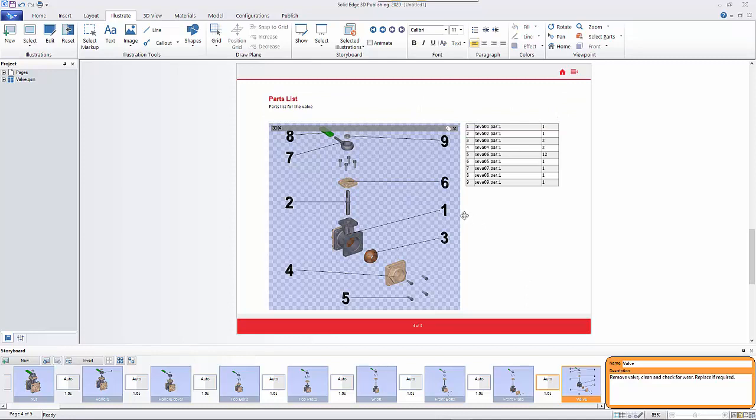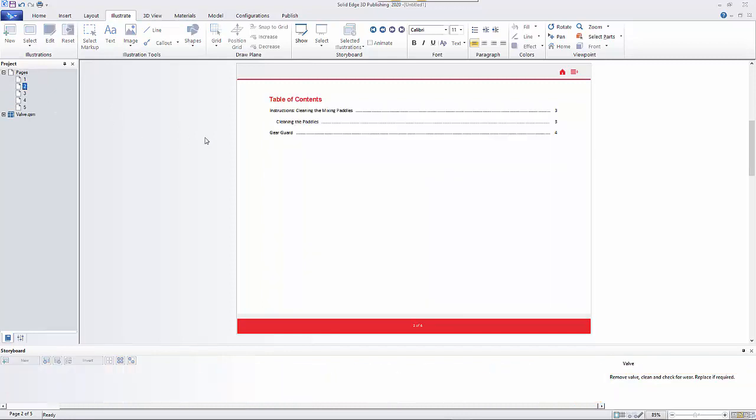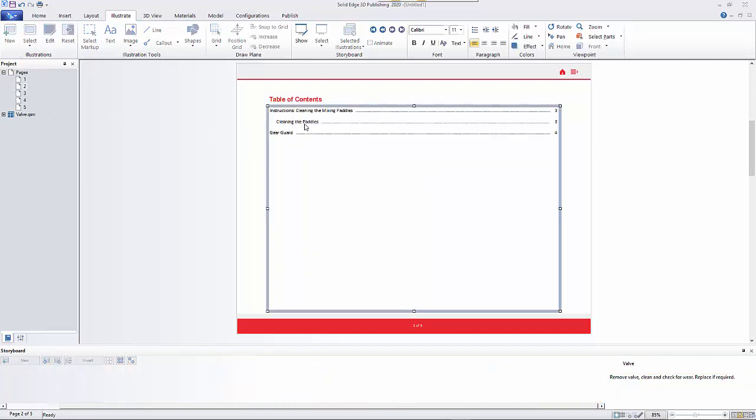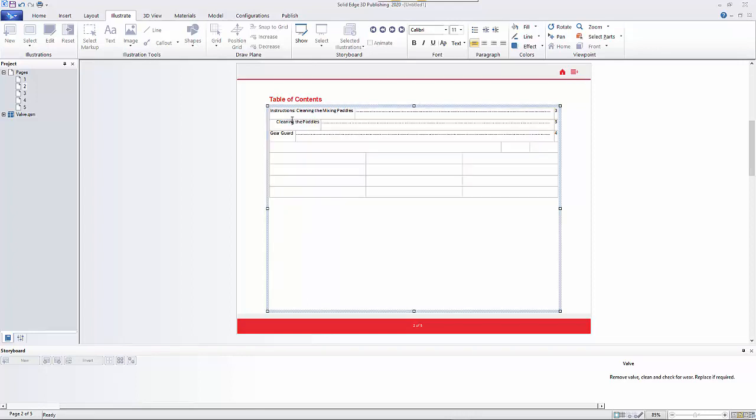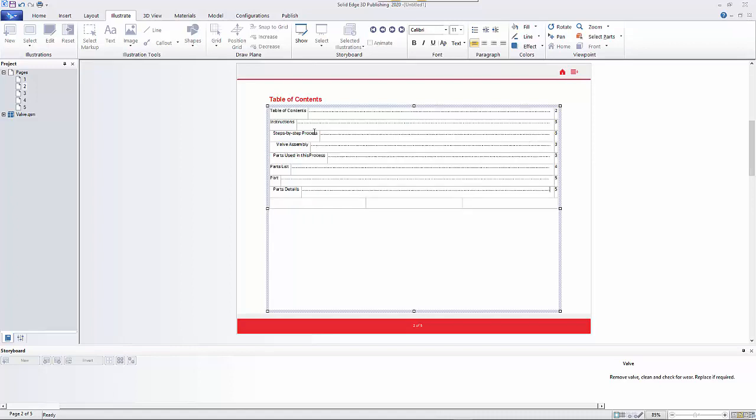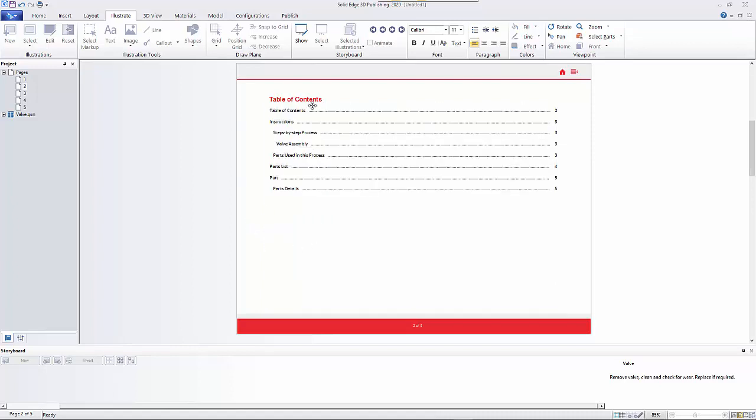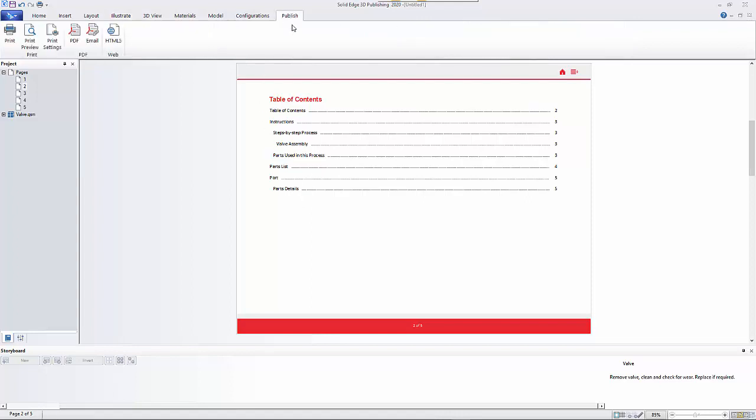So that finishes off the main pages. If I go back to the second one, I can right mouse click on here and update table of contents. So that then completes the list as applied to the thing,